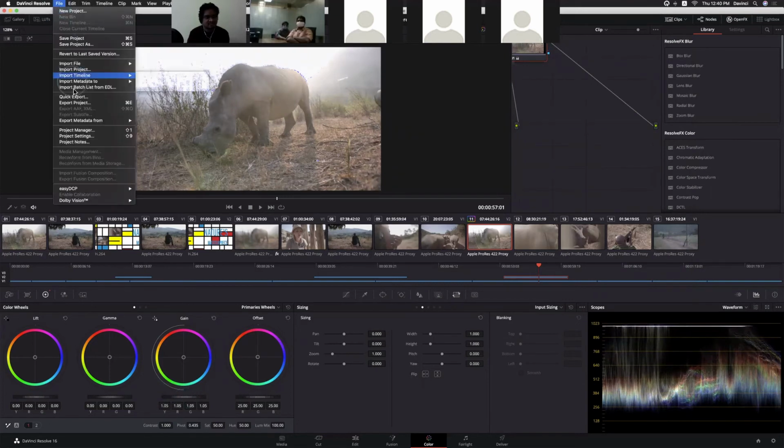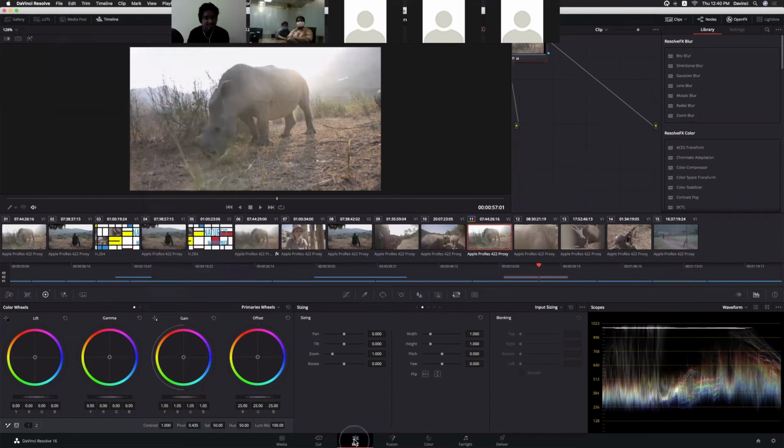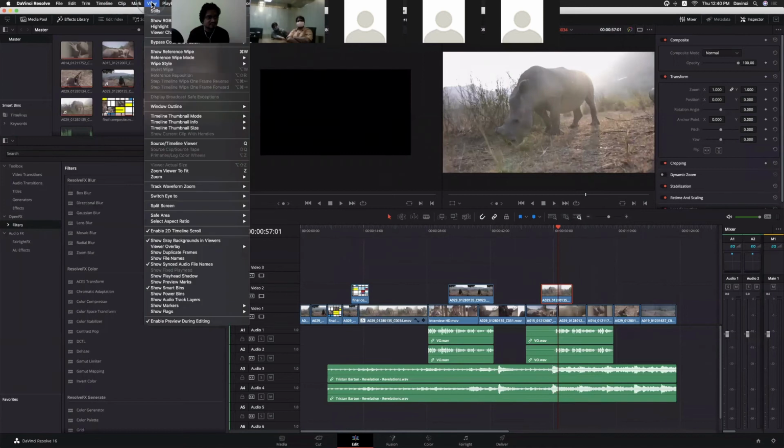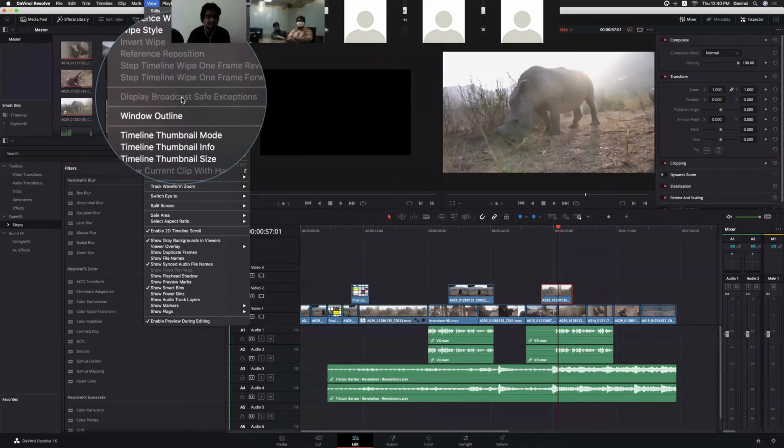We just need to enable this option under the Color Management section in Project Settings, and the View option, Display. When you try to enable that option, it won't allow you to select it within the edit page.